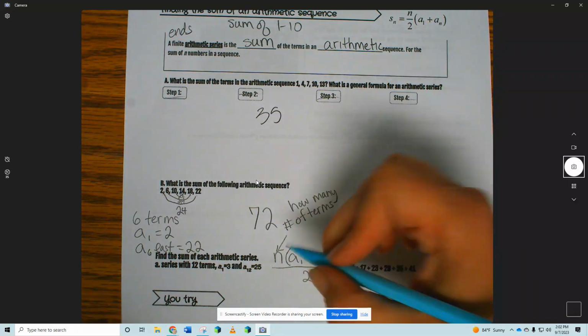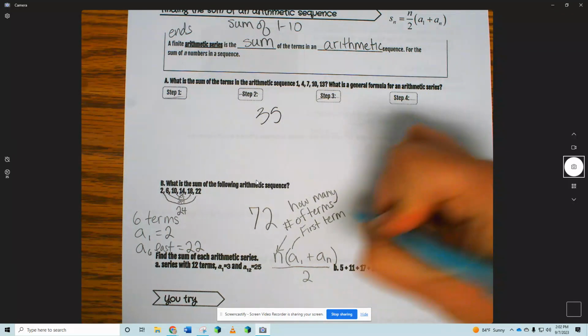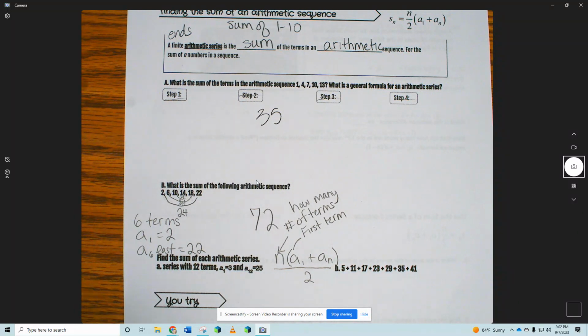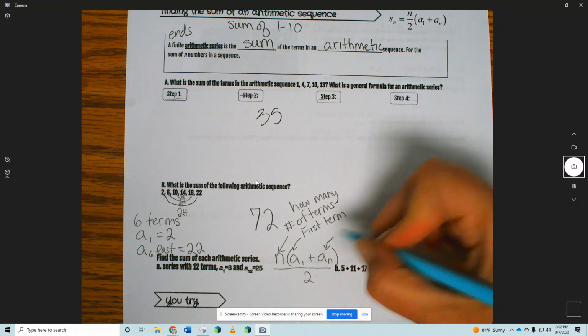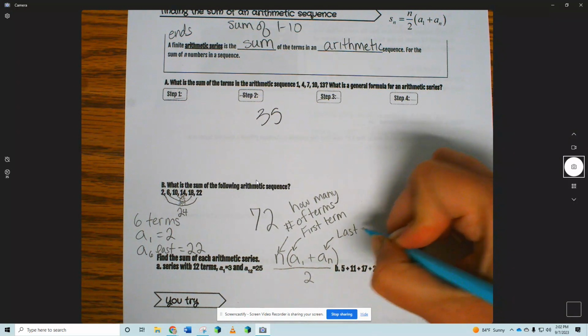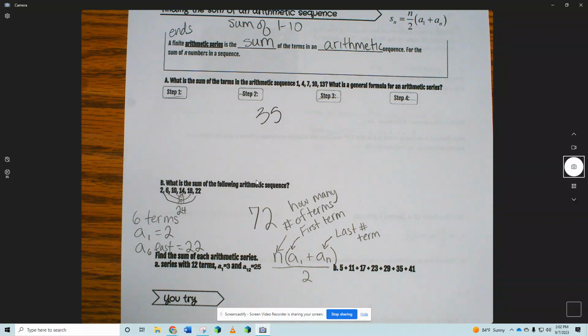A sub 1 is going to be my first term. We did that the past 2 days. A sub 1 is always the first number in the list. A sub n is the last number, the last term. And we divide that formula by 2. I want to remind you, order of operations means whatever's in parentheses, I do it first. So now I'm going to do